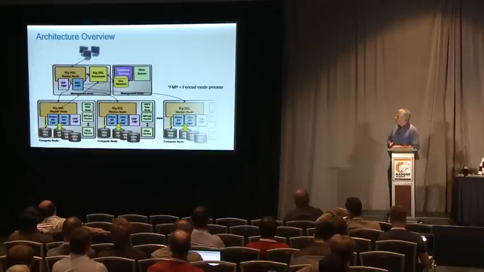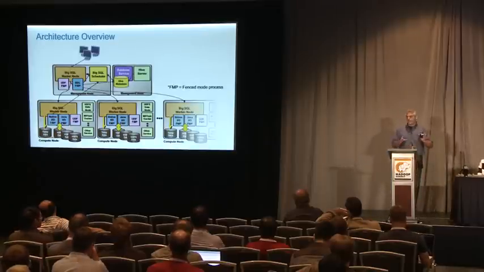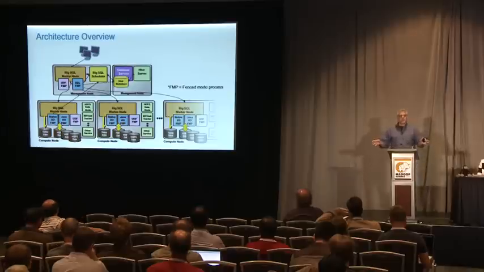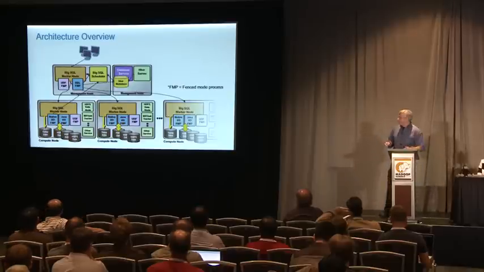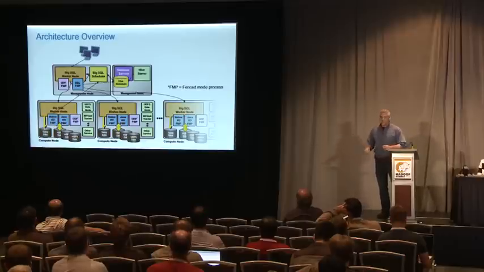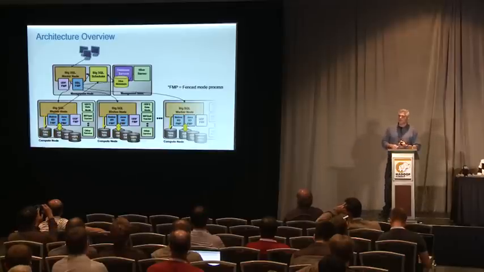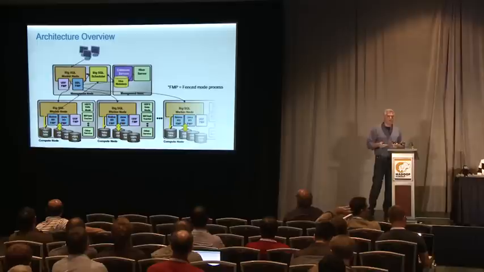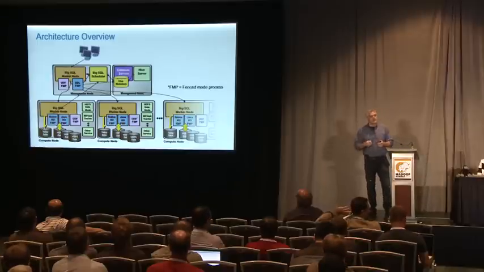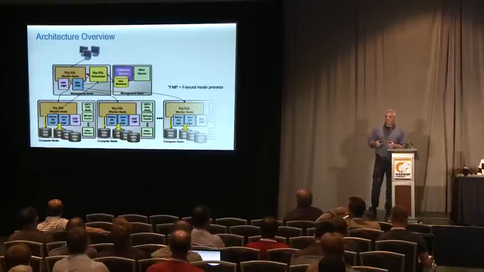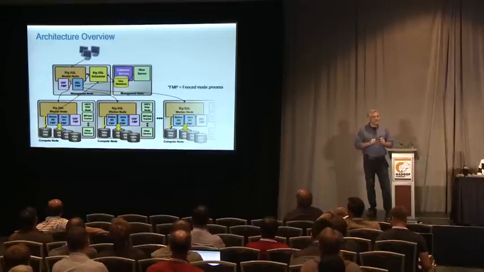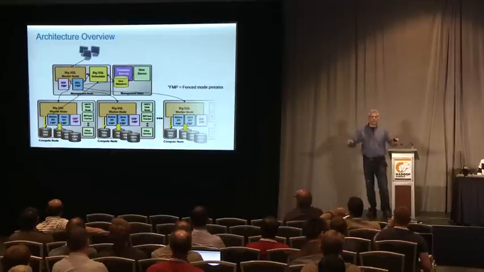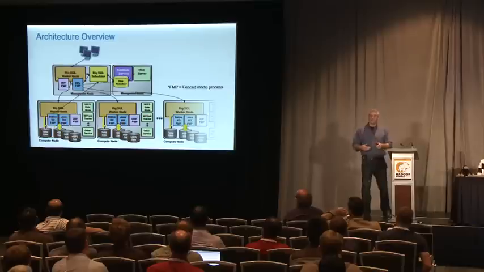So now I'm going to dive a little bit into the architecture side of things. As you would expect of a relational database, if you mentally set everything aside except the big orange boxes, there's a head node that sits out there, it accepts the client connections, and it's responsible for doing the basic query analysis, the parsing, the optimization, the planning, figuring out how this thing is going to be executed, and then it throws it into the wild. It throws the work out to the underlying worker nodes.